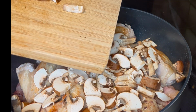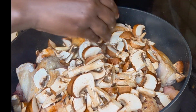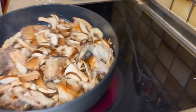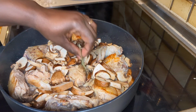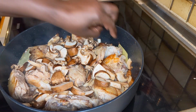The garlic, we are just going to dump it the way they are without cutting into pieces, which makes the recipe exceptionally different. Introduce in the mushrooms and shake a little bit. Let the meat brown like the way you are seeing. Sorry, the chicken. A bit of olive oil, a few leaves of bay leaf